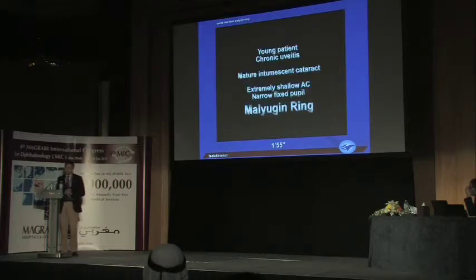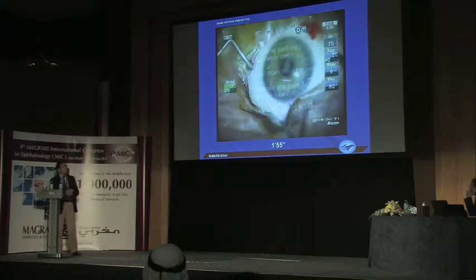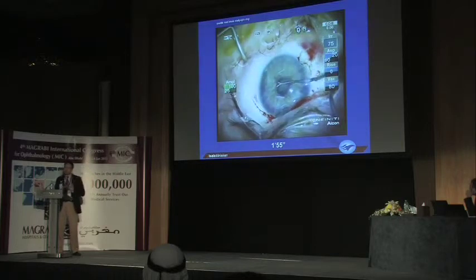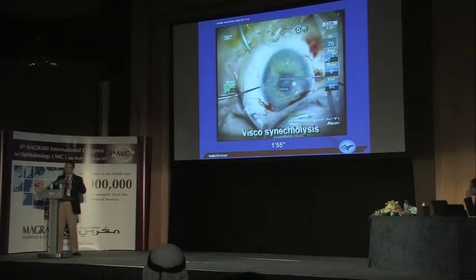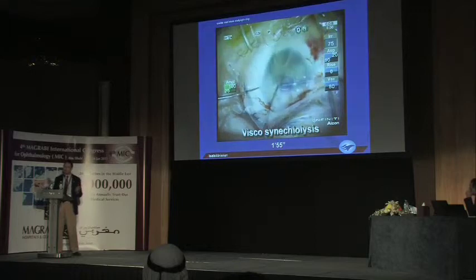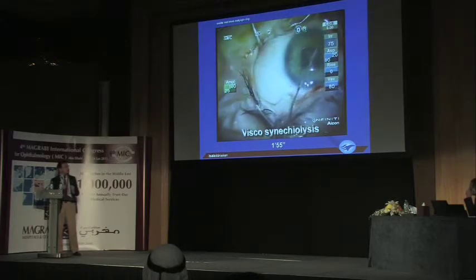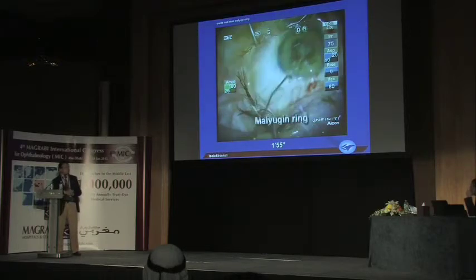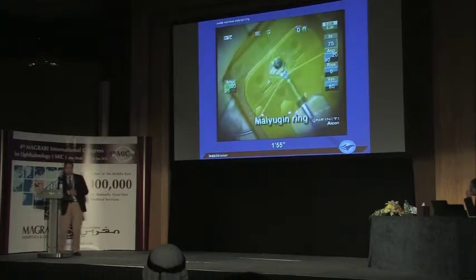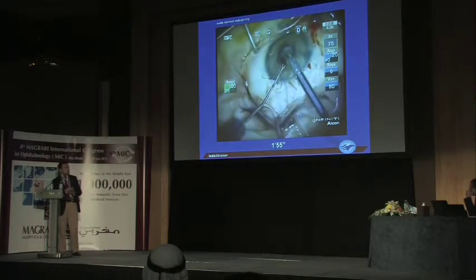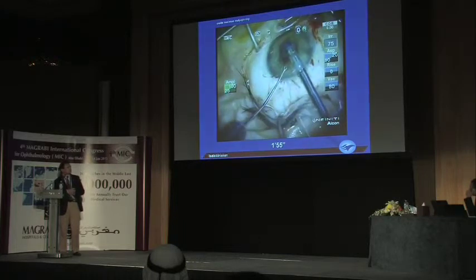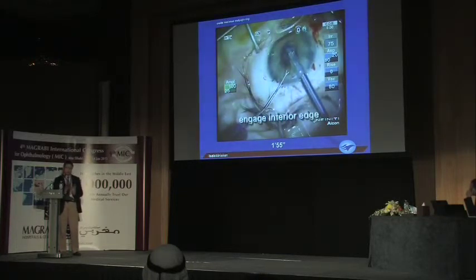So here I have an extreme case of hypermature intumescent cataract, where actually there is posterior synechiae throughout the entire posterior surface of the iris. It took me 5 minutes just to break synechiae to some extent. Pretty horrible case to deal with. It's intumescent as well. But once you get the Malyugin ring in, which is doable in all cases,